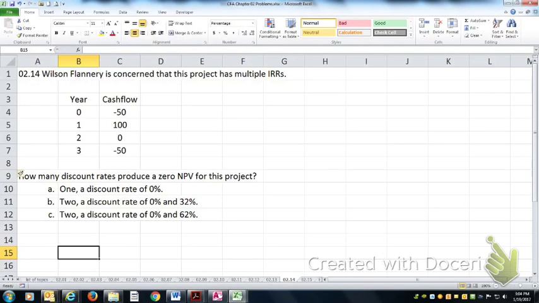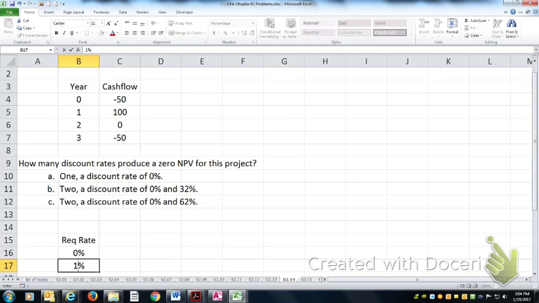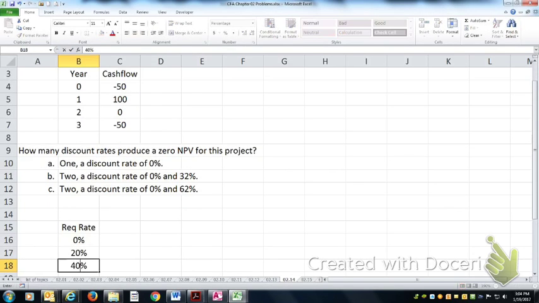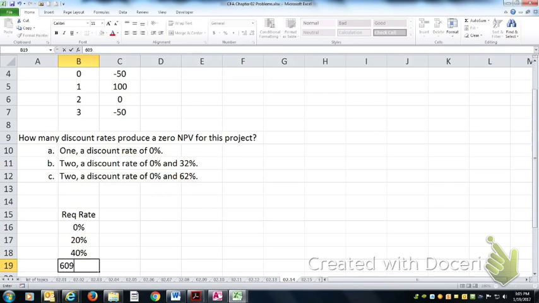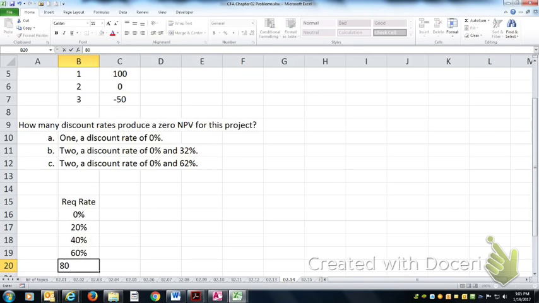Let's use the IRR profile method, and that way we can look for it. If I do the required rate of return, we'll start with 0 and then go to 20%, 40%, 60%, 80%. An NPV profile simply takes the net present value of these cash flows at these various discount rates. All right, so NPV at that rate